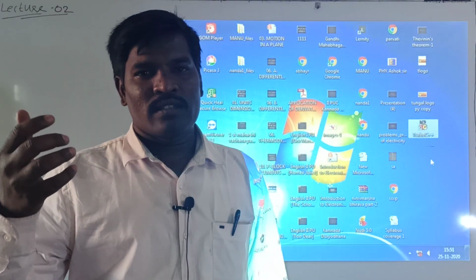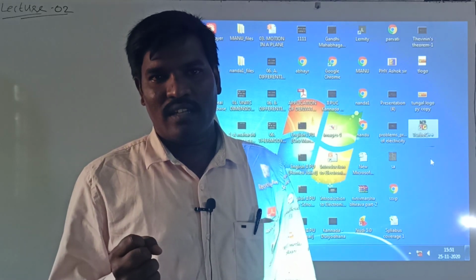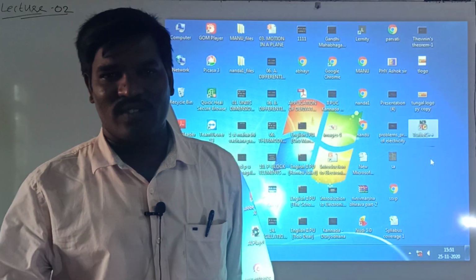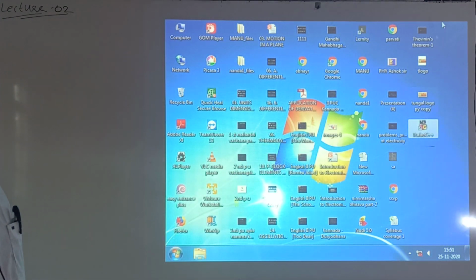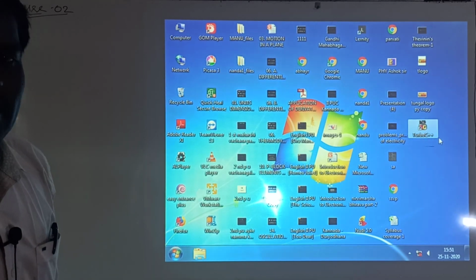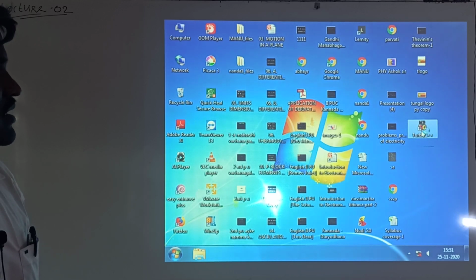In Google you will get some links. You can click on the links and download the software. After installing the software, you will get the icon like this, Turbo C++. Just double click on Turbo C++.